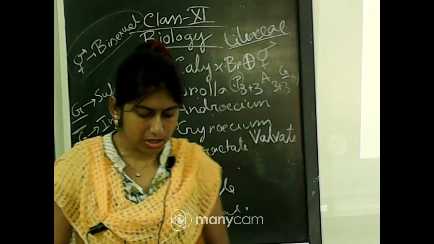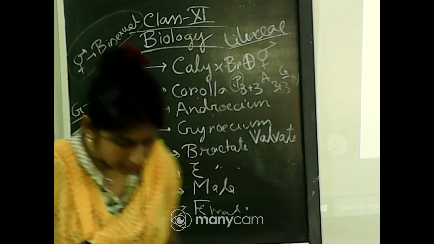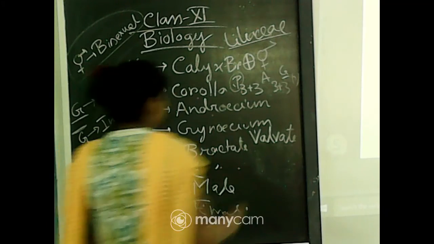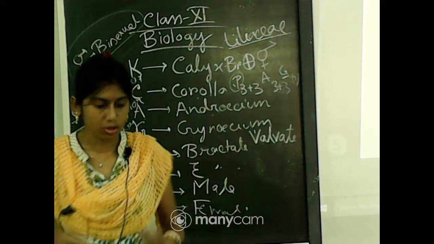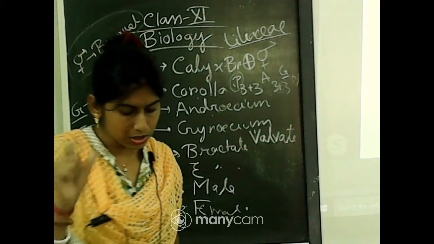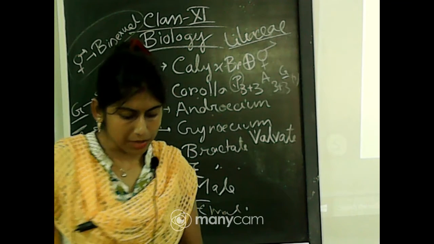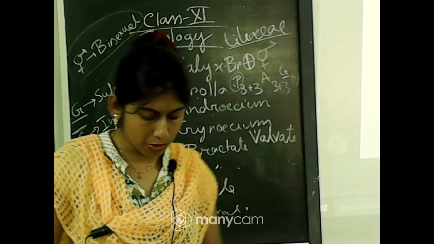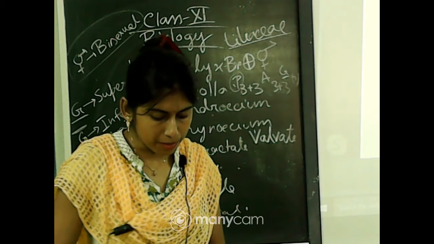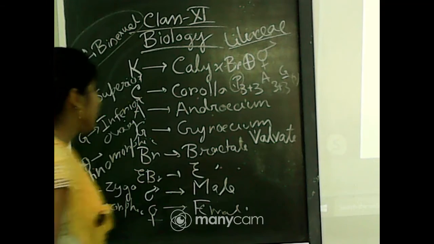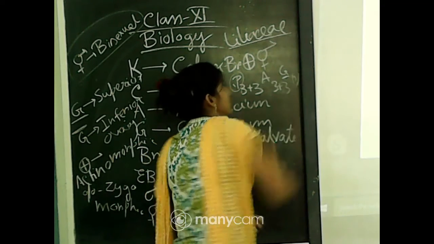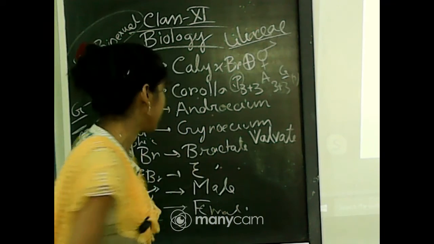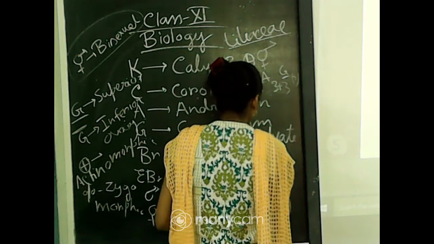Next part is androecium. The number of stamens is 6, and it is also written as 3 plus 3, that means it is also divided into 3 plus 3 groups. And gynoecium has an underline below the G, that is why we can say that their ovary is superior and the number of carpels is 3, and they are united. They show the axial type of placentation.